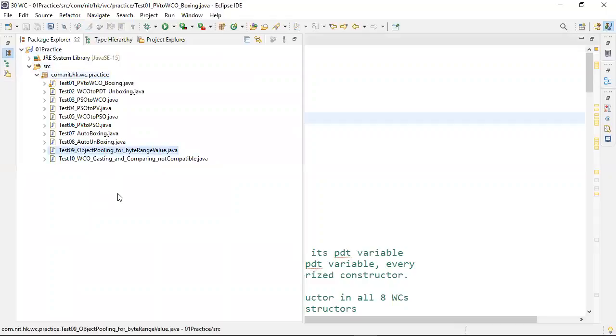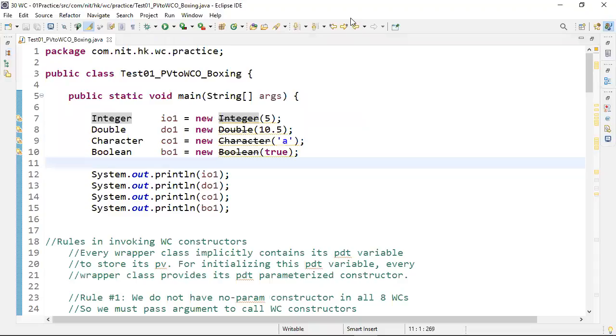Now look here, indirectly we completed two programs. Object pooling also completed, right? Two programs completed. Object pooling for byte range values. Two concepts completed. Indirectly, I also completed autoboxing. So with this knowledge, if I launch autoboxing, you can quickly understand, but I don't want to talk about autoboxing now. So we completed two programs today and the remaining operations we'll understand in tomorrow's class. So please practice and be available tomorrow with practice knowledge.